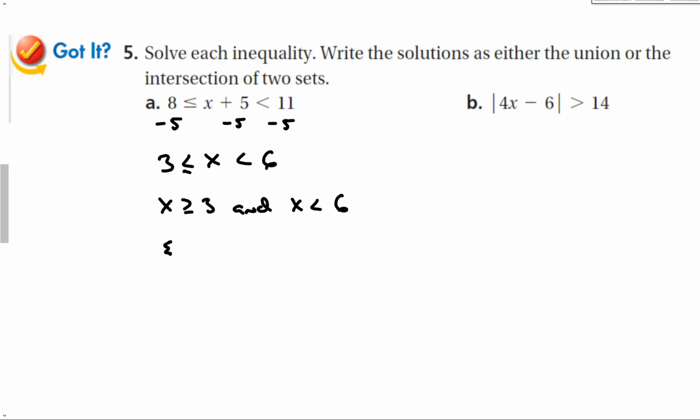So when I set this up, I can say x such that x is greater than or equal to 3, and wherever that intersects, x such that x is less than 6. Okay? And I know it's an intersection because this is an and inequality, as opposed to